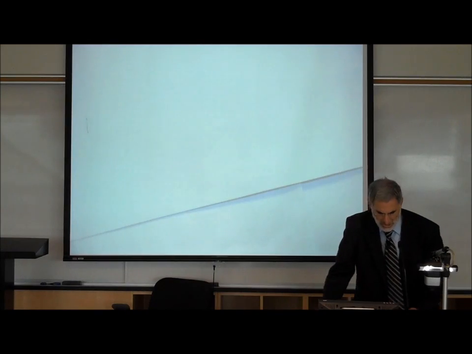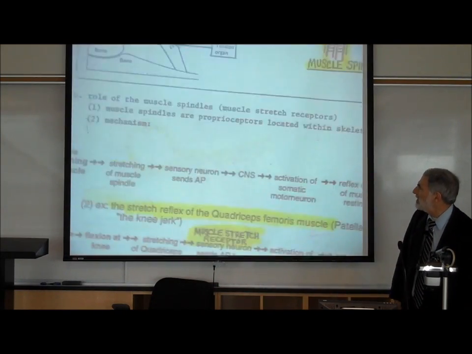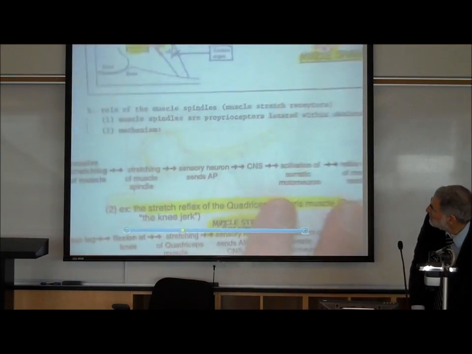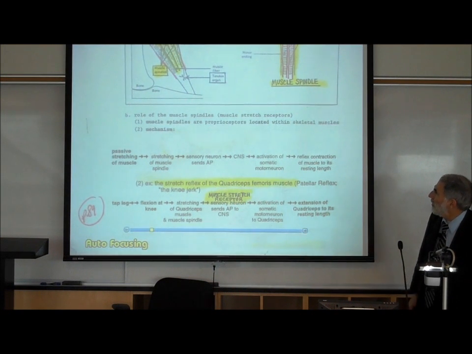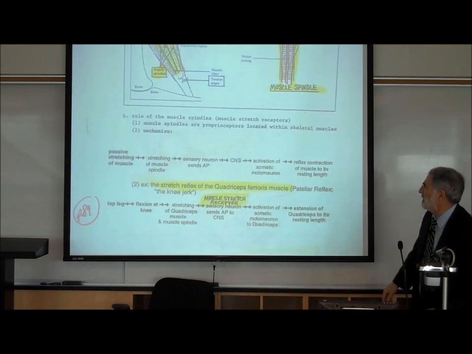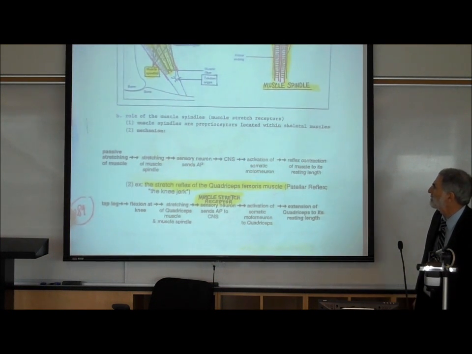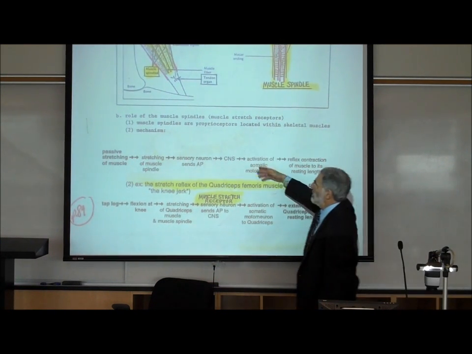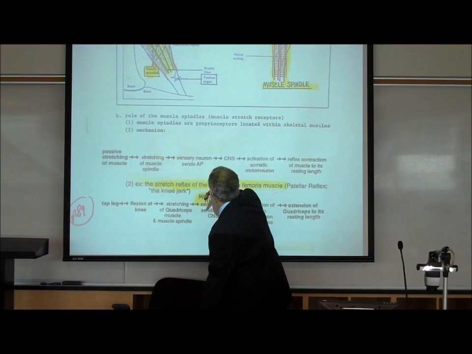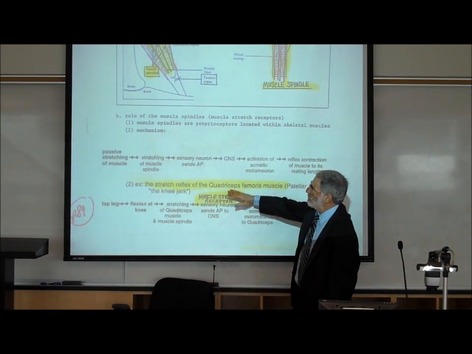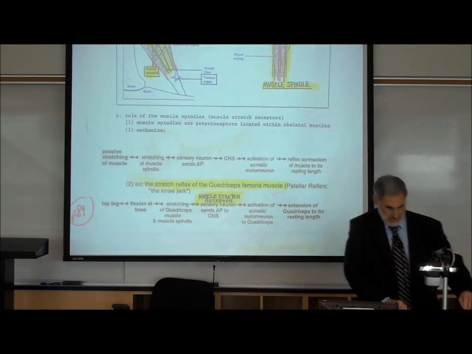Let's go back to page 89. So back on page 89, what's the role of the muscle spindle? Or more precisely, what's the role of the muscle stretch receptor? All right, so we wrote these muscle spindles are really a type of proprioceptor. We wrote that whenever there is passive stretching